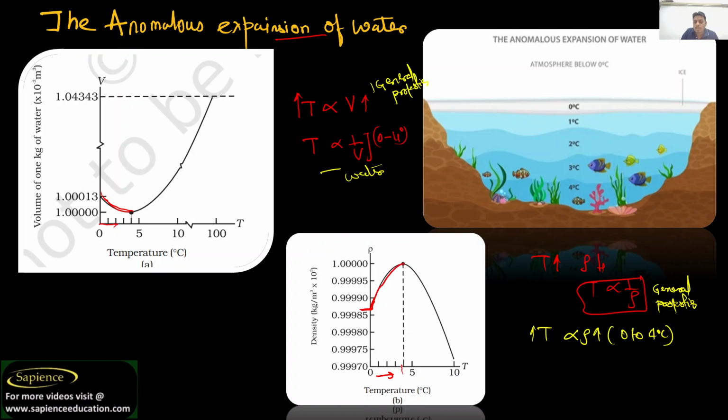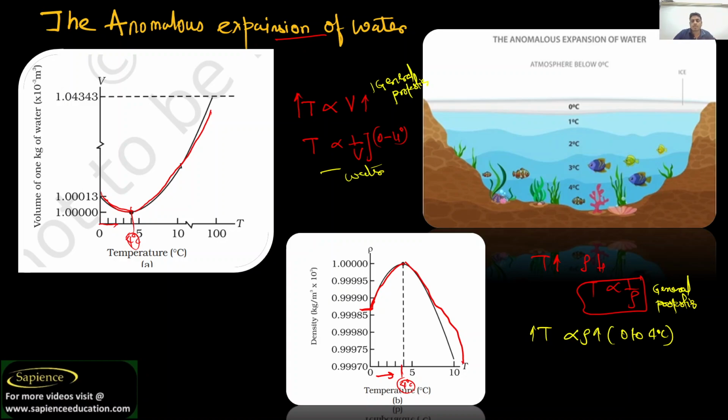And this is up to 4 degrees Celsius only, and this is for water only, not for every material. Every material behaves such that as soon as temperature increases, volume will increase, and as soon as temperature increases, density will decrease. But in case of water, from 0 to 4 degrees Celsius,